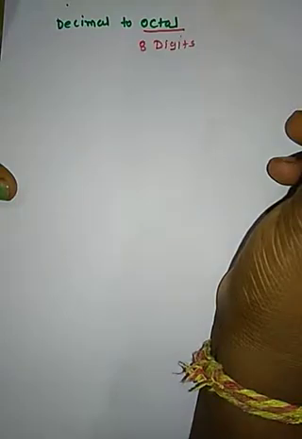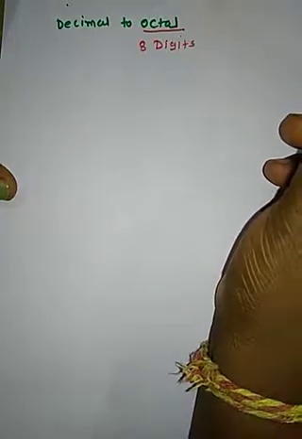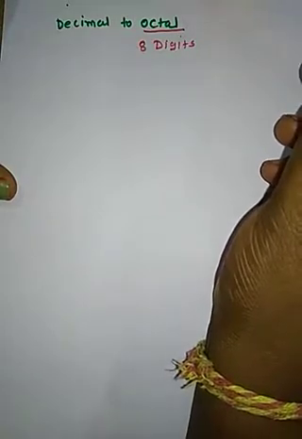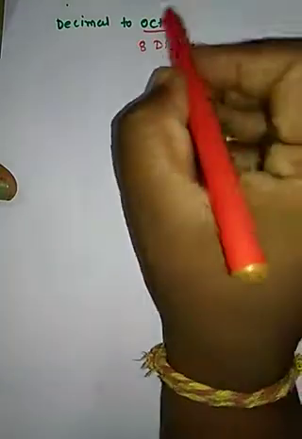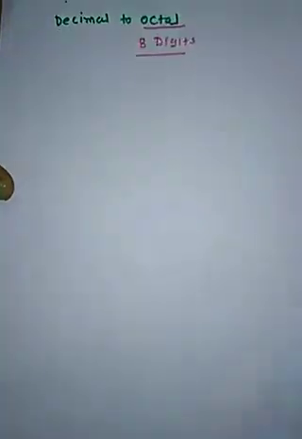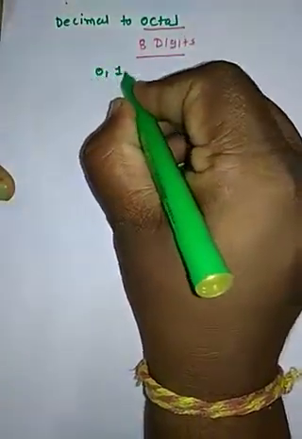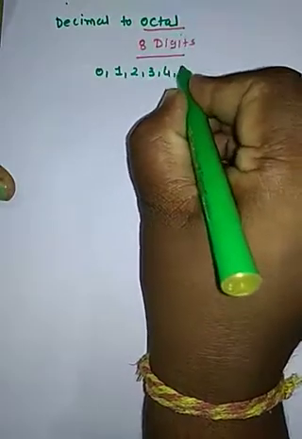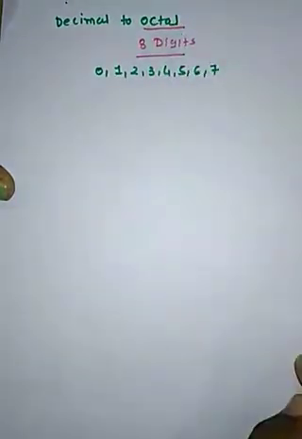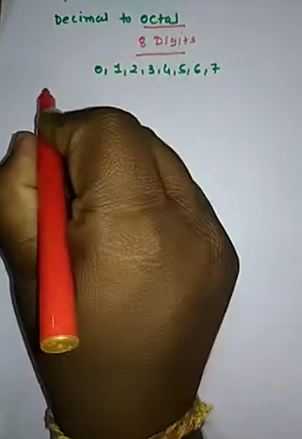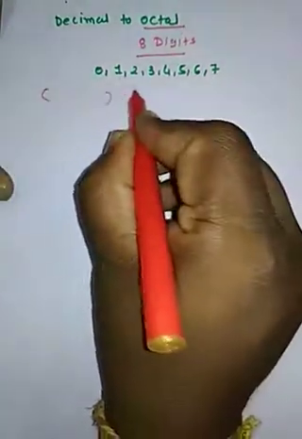In a binary number there are 2 digits. આપણે આગળ ભણ્યા છીએ કે બાઇનરી નંબરમાં કેટલા ડિજિટ છે? 2. કયા કયા? 0 અને 1. In a binary number there are only 2 digits, 0 and 1. In an octal number there are 8 digits. Octal number માં કેટલા ડિજિટ છે? 8. કયા કયા? 0, 1, 2, 3, 4, 5, 6, 7. In an octal number 0 to 7 numbers are used. Octal number કયા નંબર યુઝ કરે છે? 0 to 7.